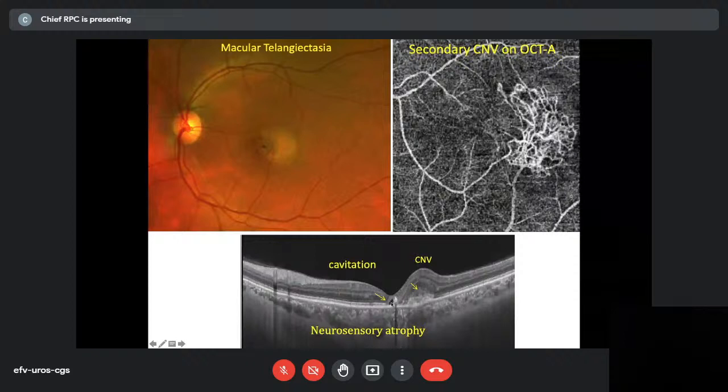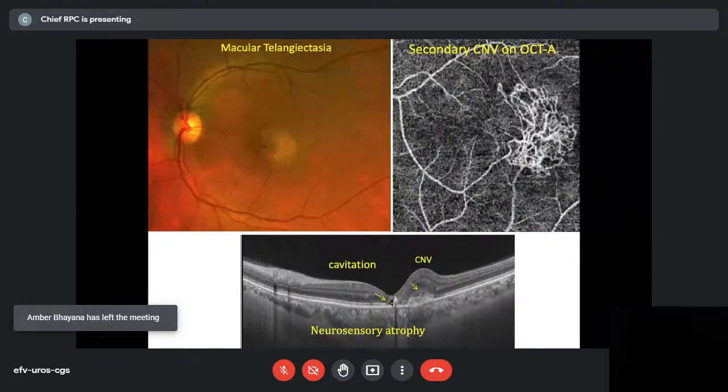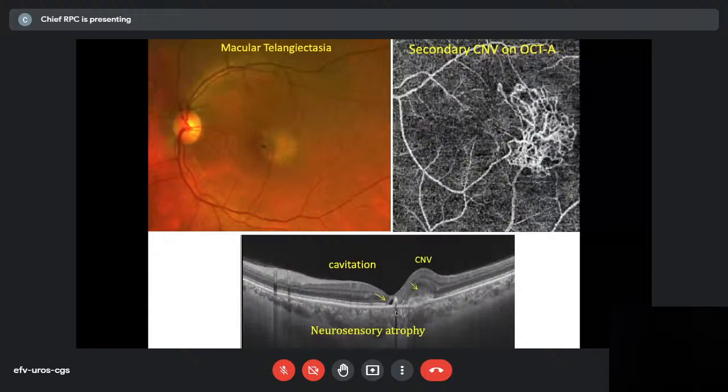It's not actually a vascular abnormality. It's a neurodegenerative condition. The retina and the macula, the fovea, gets degenerated. And then there's a loss of tissue. With the loss of tissue, you get cavitation. You don't get cystic spaces. No fluid is over there. So loss of tissue leading to cavitation, and maybe an ILM drape sign where the entire retina, the entire fovea is lost, and only the ILM is left. So that's a very severe form of macular telangiectasia.